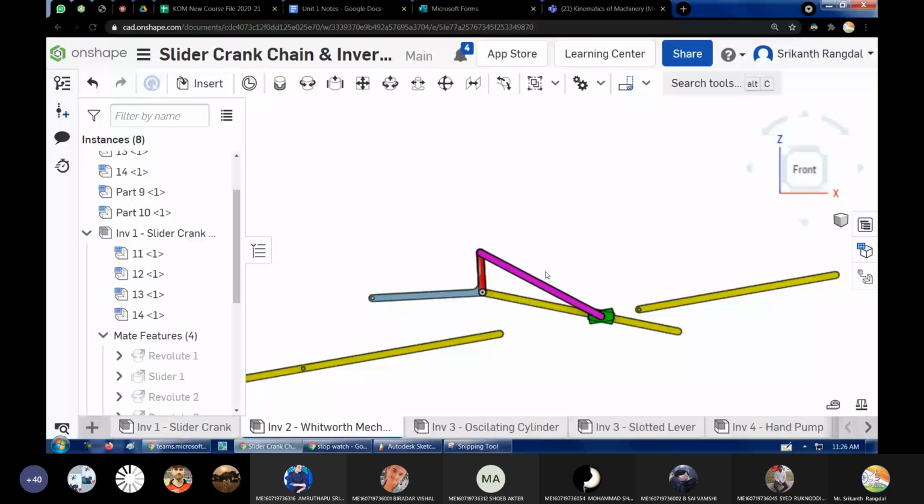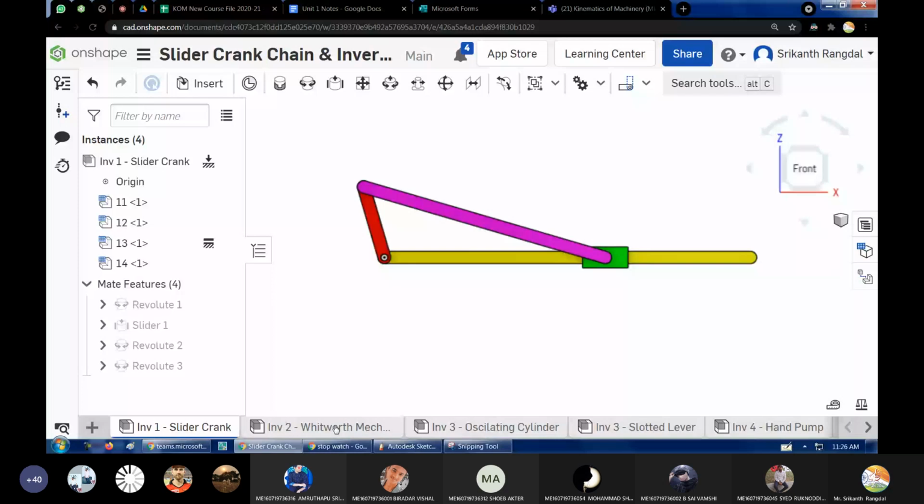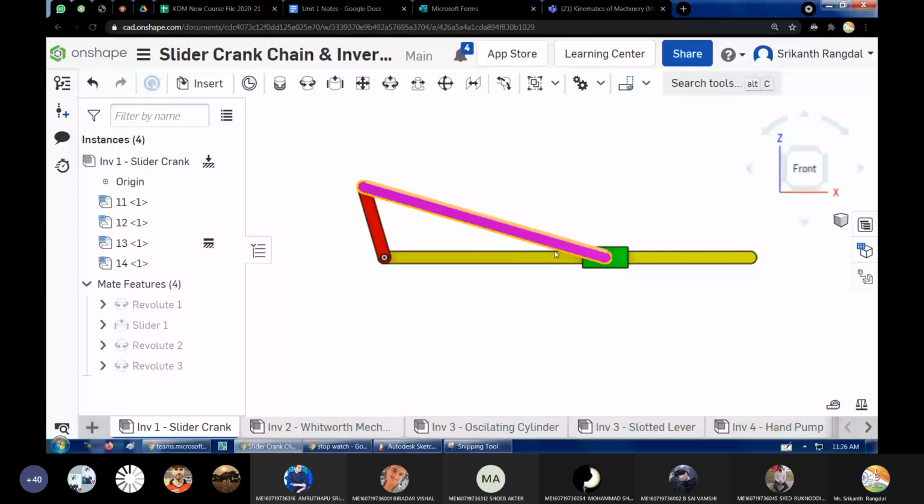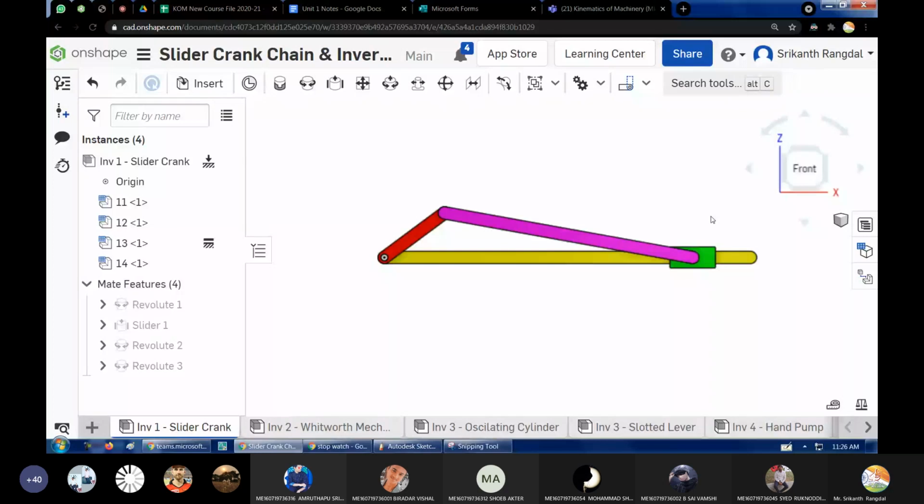So what I want you to do is, I know I have tried to use the same links to show how they're becoming the different inversions. So now the next stage is to find out where they are actually used. In this case, we may have to make an engine. So you may have to make a cylinder with all these fins for cooling purpose. So you'll have to make the outer cylinder, a good enough piston with a connecting rod and a crank. So this complete mechanism I will need here. Will you be able to do it?